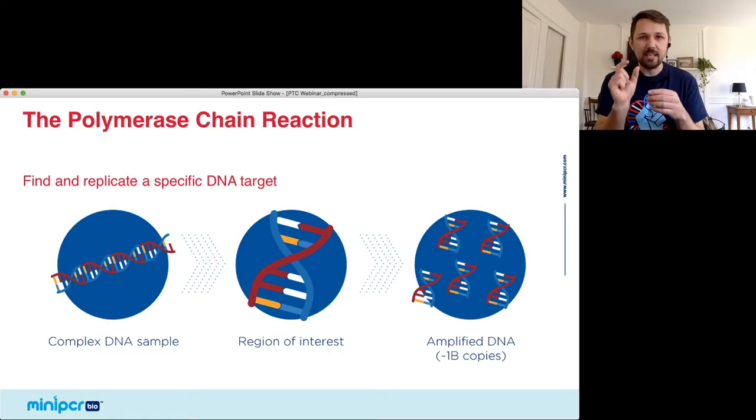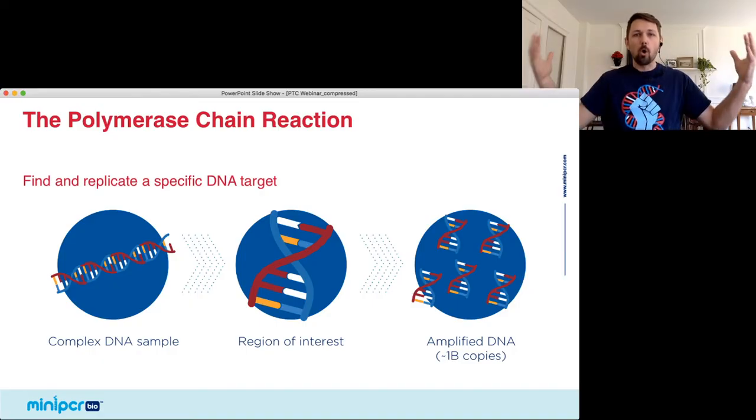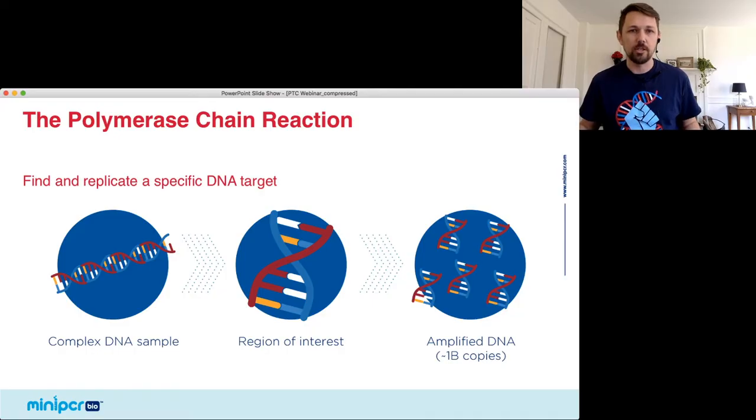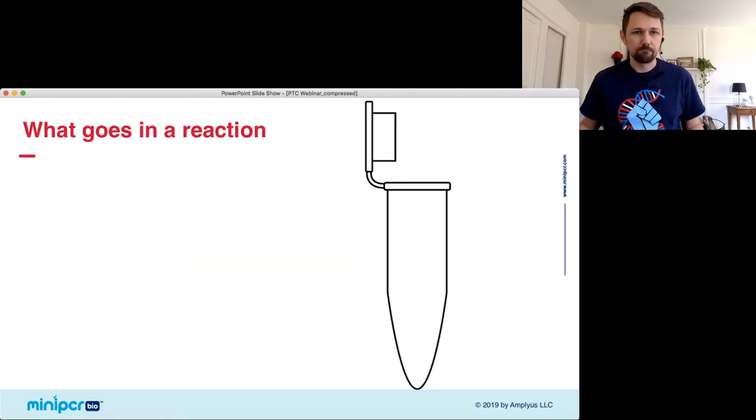We need to key in on that one region of interest, and we need to find the DNA that we're looking for, and then we want to make a whole bunch of copies of that, because that's really all we care about, is that one PTC gene. So that's the job we're going to do with the polymerase chain reaction. To set up a reaction,